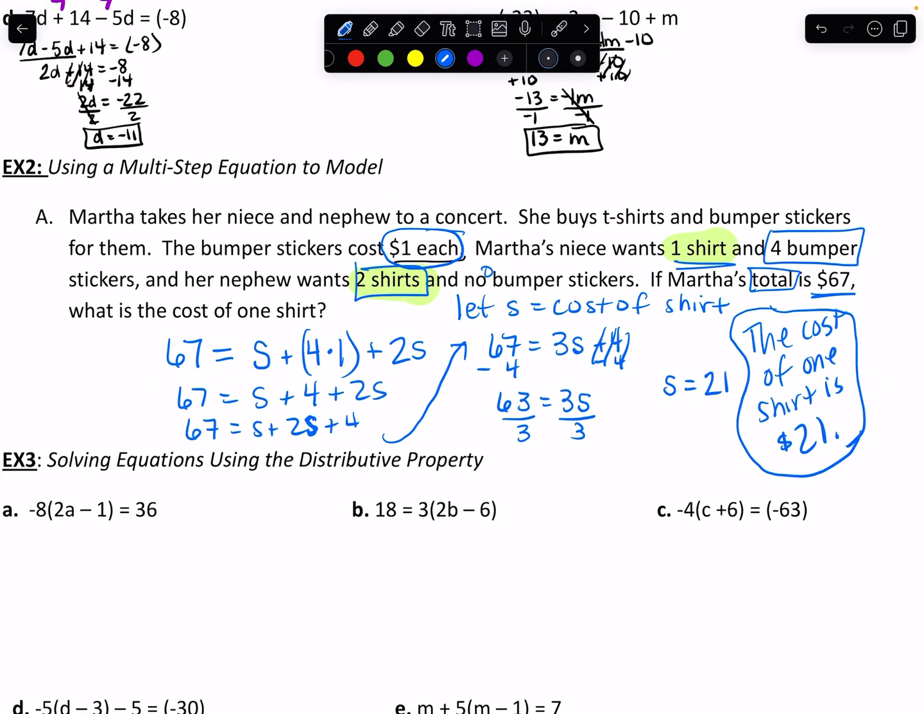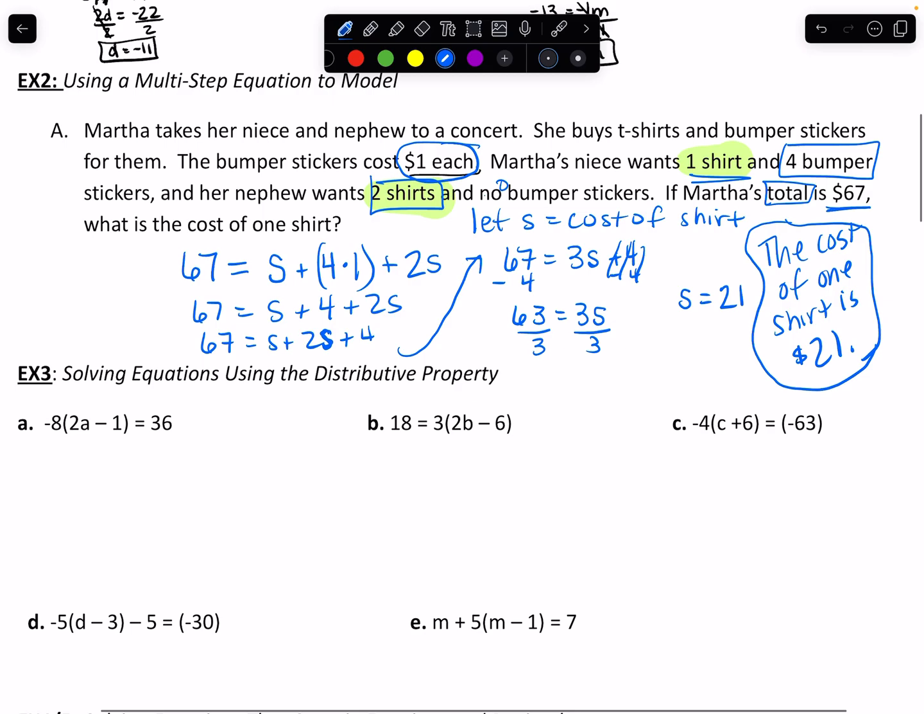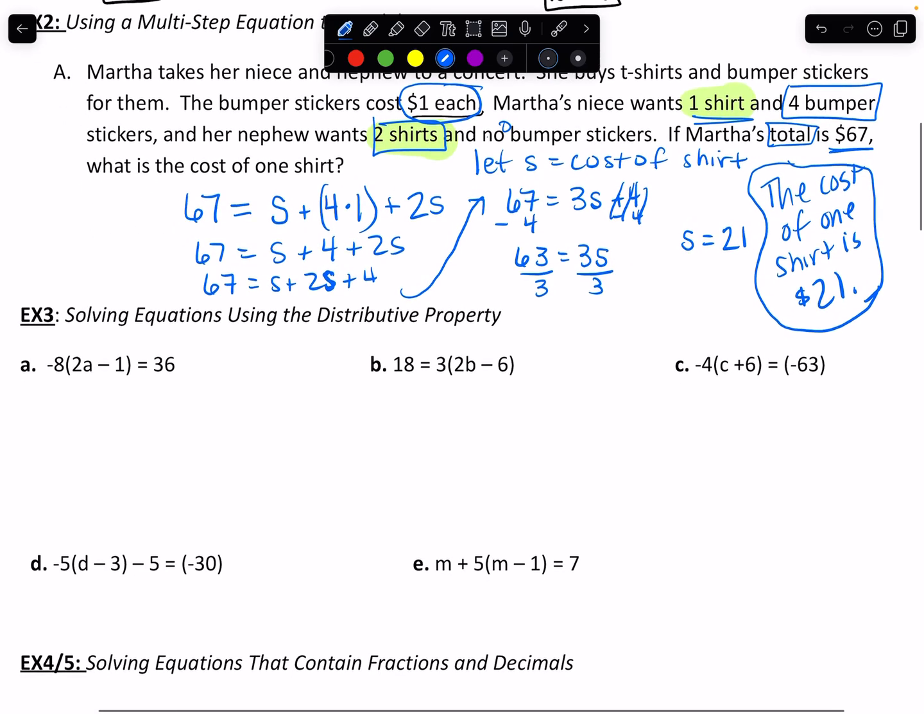Okay, so we're taking a little break from that, and we're going to go back to doing the distributive property and solving using the distributive property. So this isn't that different than our example 1 at the top, other than we have to do our order of operations. We have parentheses. We have to get rid of them. And in order to get rid of them, I have to multiply. So this becomes negative 8 times 2a minus negative 8 times